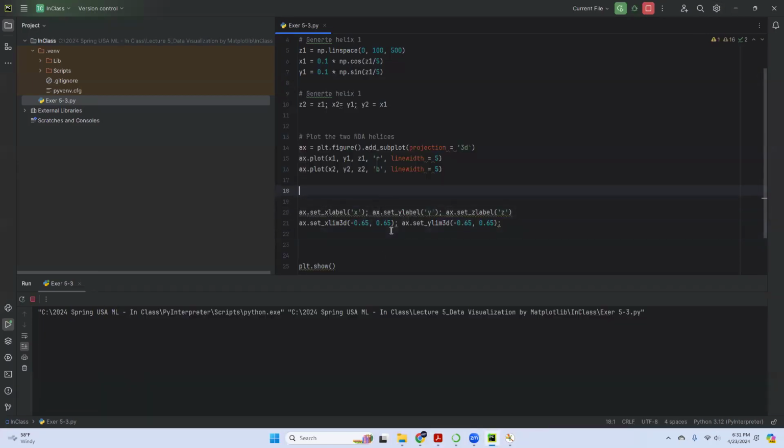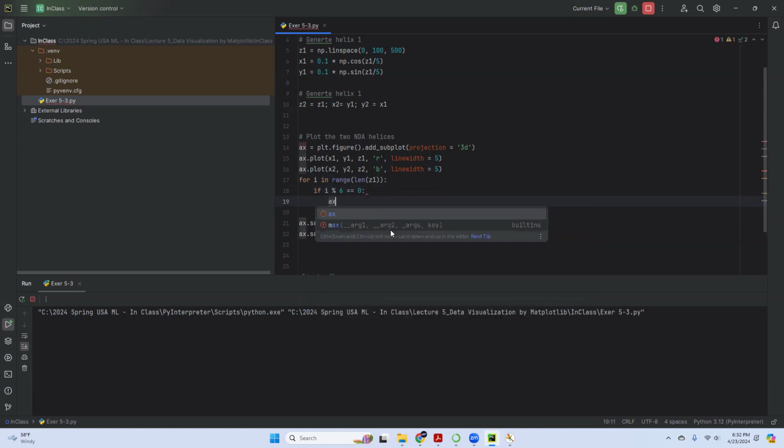Okay, now let's code it. So I have for i in range of length of, let's say, z1. And here every 6 units of the z, I'm going to plot a chain, right? So I'm going to say if i modulo 6 equal to 0, then I'm going to plot. So how do you plot? ax.plot, let's say x1[i], x2[i],